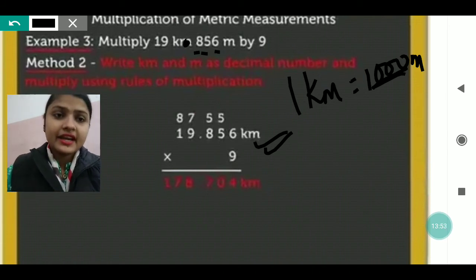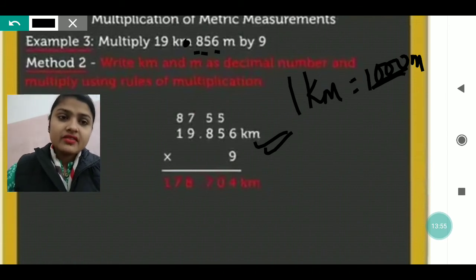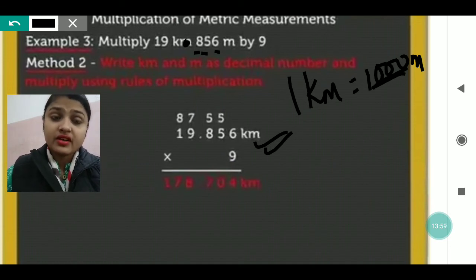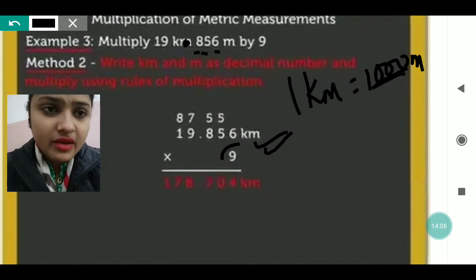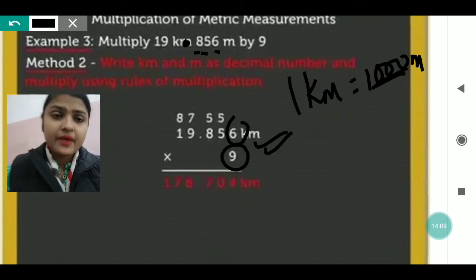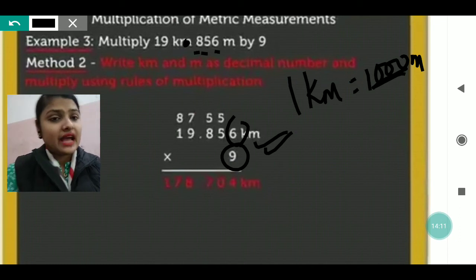We have multiplied 9 into 6, then 9 into 5, then 9 into 8, then 9 into 9, and lastly 9 into 1. And after multiplying one by one, when we have multiplied 9 into 6, so 6 nines you do, or either 9 6s you do.